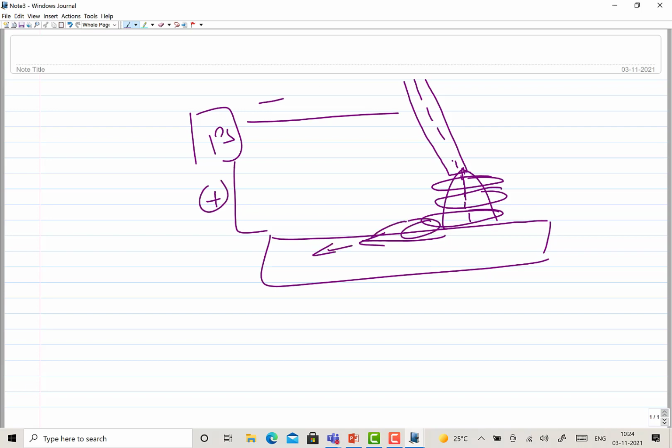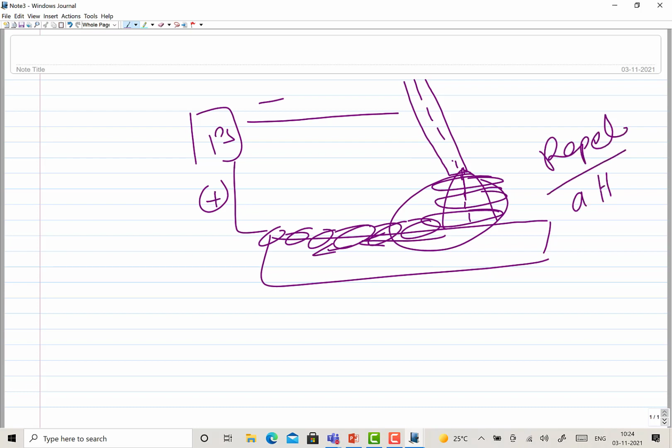There will be an electromagnetic field around the base metal as well. When the two electromagnetic fields interact with each other, depending on the flow of current, they will either repel or attract. Since the arc is basically the flow of electrons, the flow of current, and around that you have the electromagnetic field,